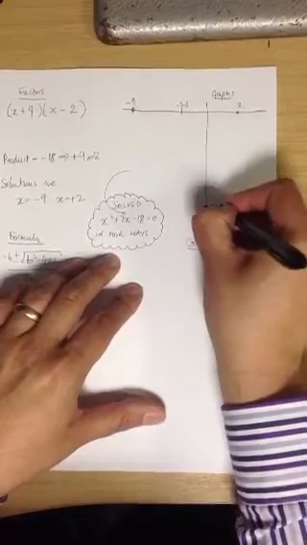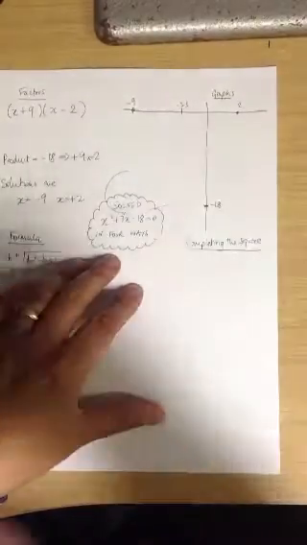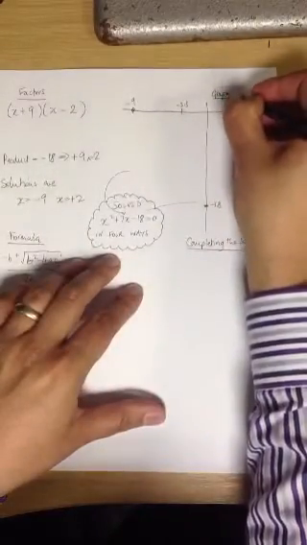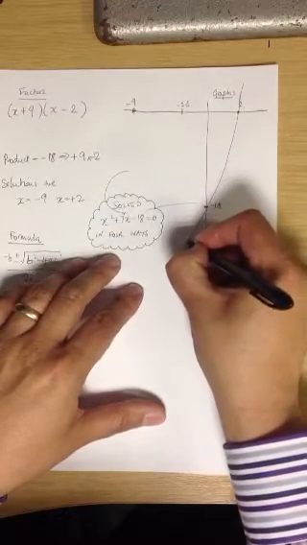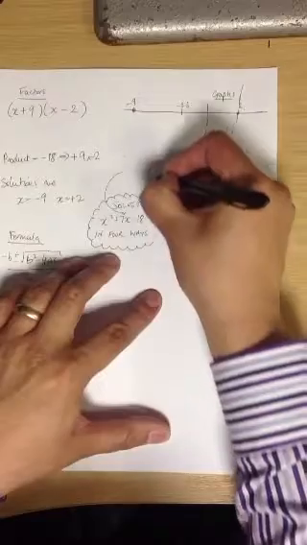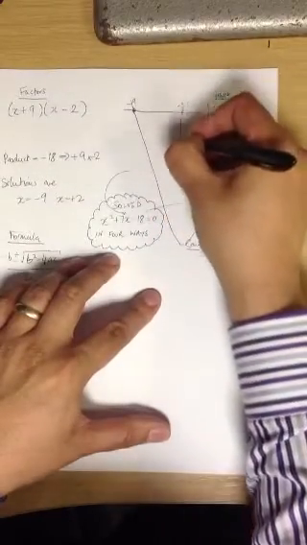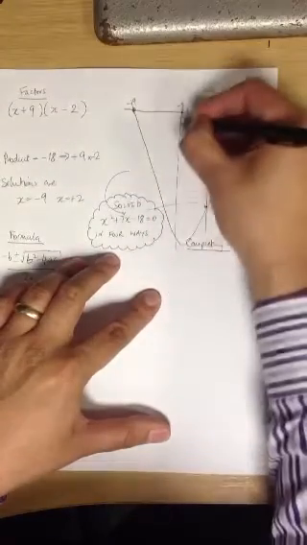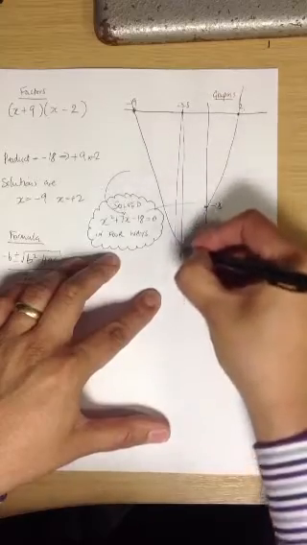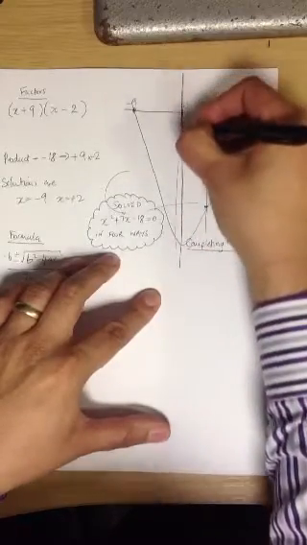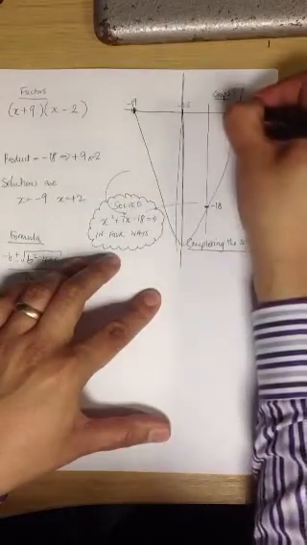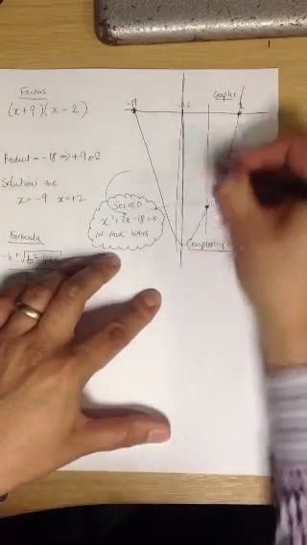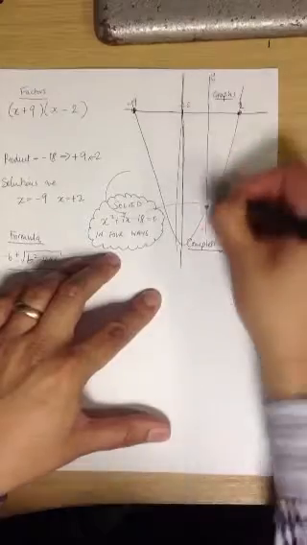This can be minus 18, which is the intercept, and we can have a graph that comes through like this, dips down to a minimum point there and comes up, so we can see that the line of symmetry is there. One of the solutions is here, one of the solutions is there,